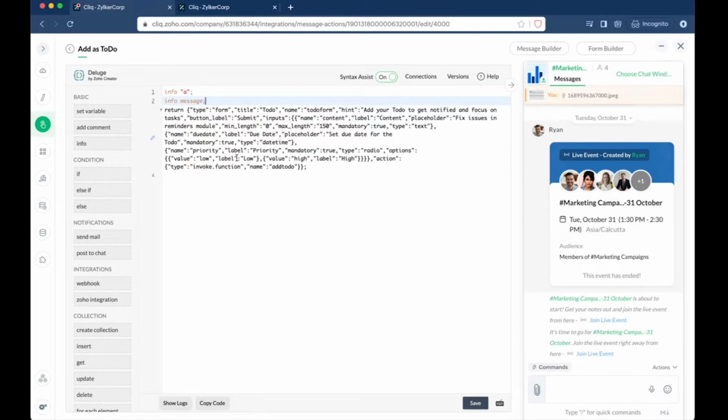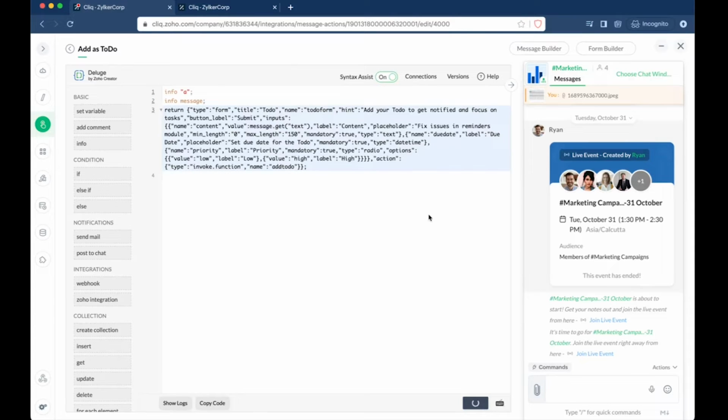So let me log the message object. And as we get the message content here, we can directly pre-fill the content input of our add to to-do list form. For that, we can predefine the value using the value key of a form input. I'm just adding a value key, and as for the value, I'm giving the message text from the message object we get in this message action handler. I'm just saving the script